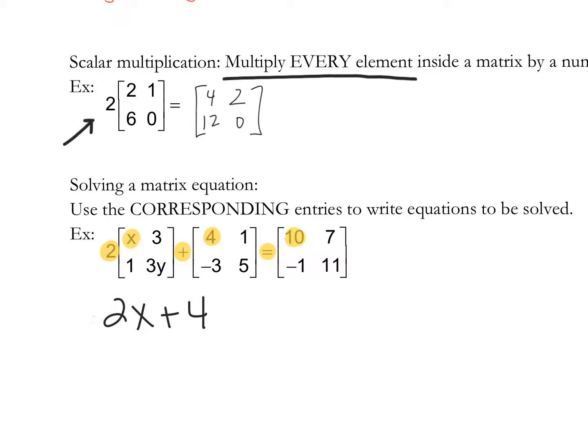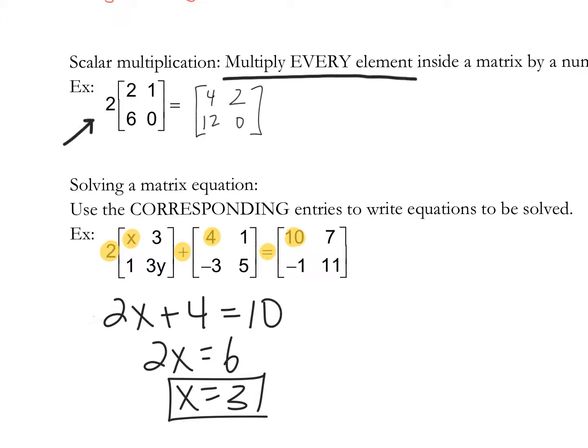So I have 2x plus 4 equals 10. This is a very simple equation to solve. Start by subtracting 4, and that means that x equals 3. So we're also going to do the same thing, but with the y position. Notice how I'm ignoring some numbers, but selectively choosing specific numbers to be able to solve my equation here. I'm picking numbers that are all on the bottom right of the matrix. So that's going to mean that 3y